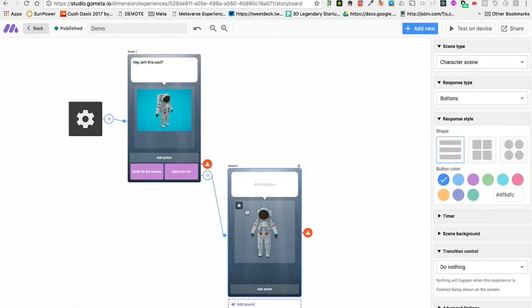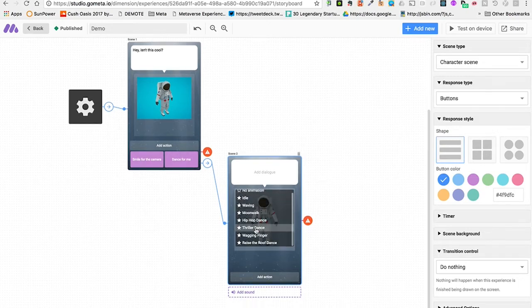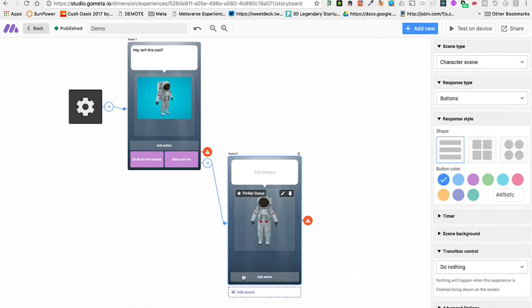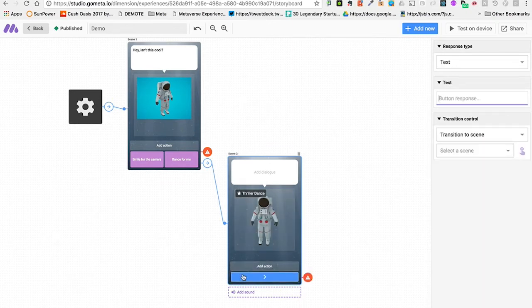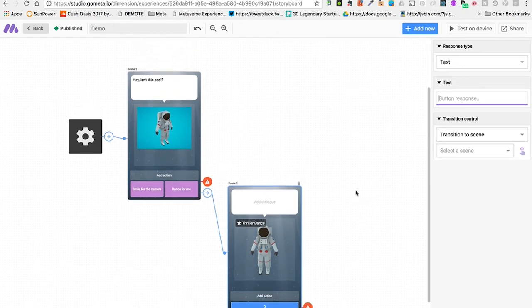And if things come with animations, they've got this little interface where you can click here and you can choose what animation you want. And so I'm going to choose this thriller dance. Now I'm just going to add a button here to go to the next scene when we get there. Okay, now I'm going to stop here for a second, and we can test this already by simply using our